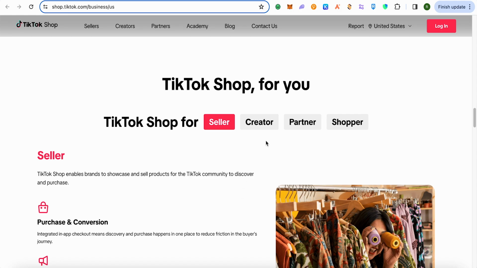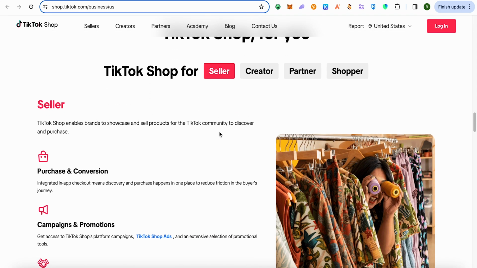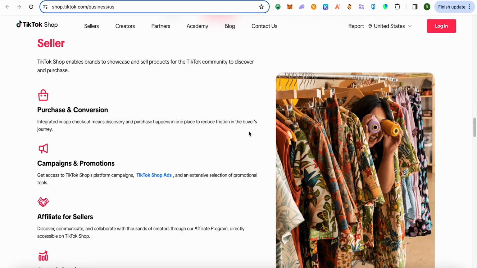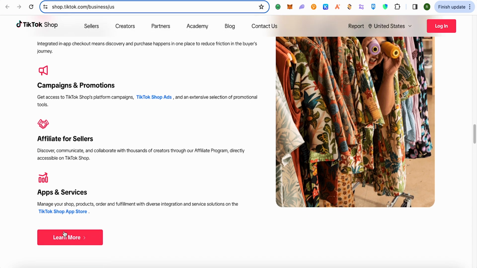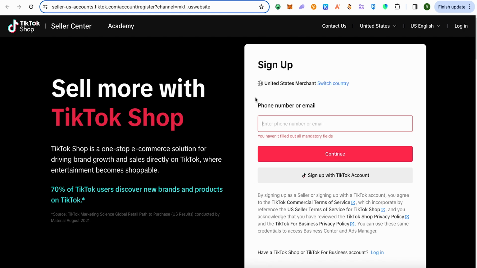Whether you are a seller, creator, partner, shopper, simply select the option of seller over here, and these are some details regarding the seller option, and just simply click on this option of learn more. After that, it will redirect you to a different page. Just wait for it to load. After that, it will redirect you over here,